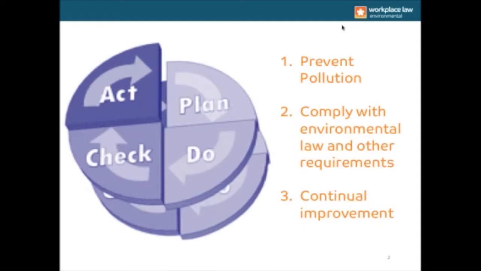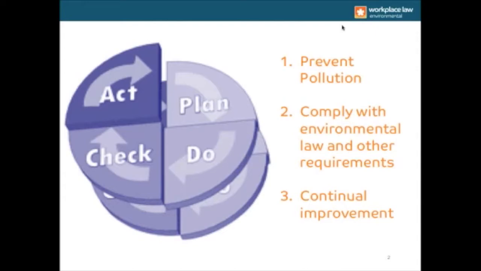You plan: you identify the ways and means in which an organisation interacts with the environment. You assess their severity. You put in place plans for controlling the impacts and improving those impacts over time. Do: you put in place plans, policies and procedures to make the environmental protection happen. Check: you audit the effectiveness of the do stage. And act: you use management input to ensure that the improvements are made, and then hence you begin the